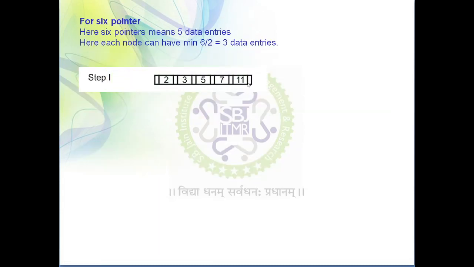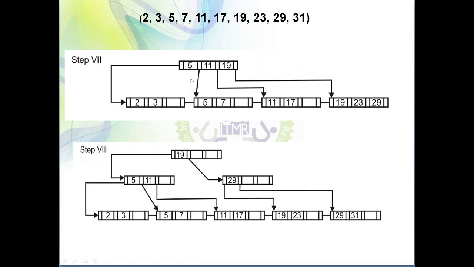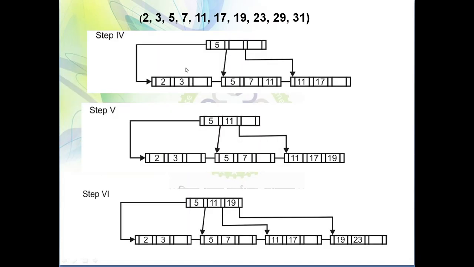17. So in order to put 17, is space available? No, space is not available. So in that case, what will you do? You will create one more level. Now the question is which value I need to shift, because in n equals to 4 we took a decision that the third value is the one to be shifted. Here you can see 19 will be shifted over here.